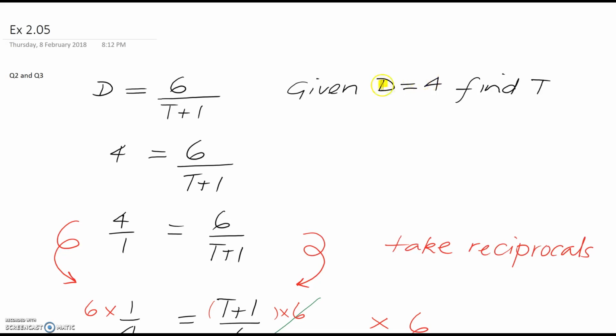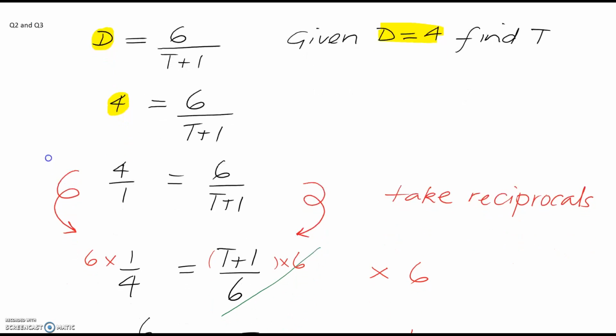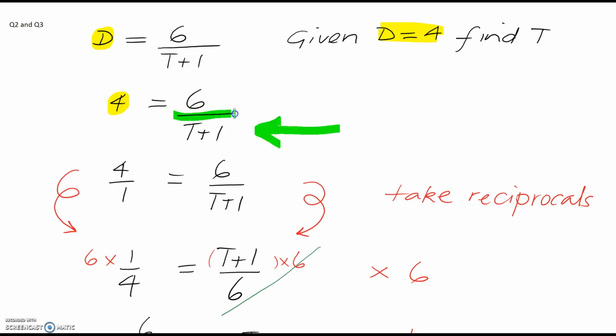This value of D, I've gone and put it into the formula. Instead of D I've put 4. So now it's a matter of solving that equation. I notice that what I want, the unknown, is stuck underneath the division sign. Because it's under there, I've got to get it out. The quickest way I can see how to do that is to take